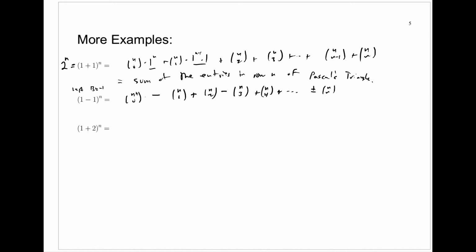But what do you get when you do this? This is what we call an alternating sum of row n of Pascal's triangle. We add up the terms and we alternate positive and negative. The claim is you get this quantity 1 minus 1 to the nth power, but that's always 0 because that's 0 to the nth power. So the claim is when you look at Pascal's triangle and you do an alternating sum, you always end up